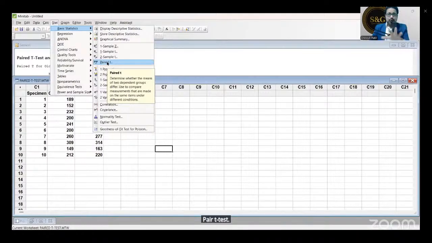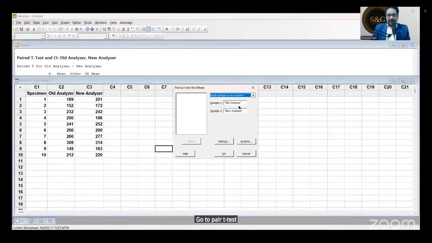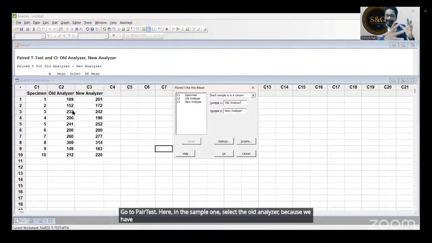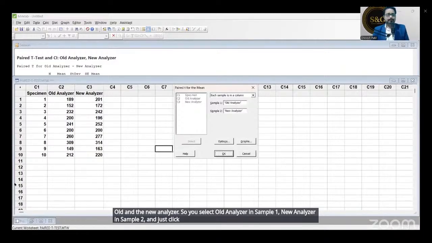So the same sequence: go to Basic Statistics, Paired t-test. Because we have understood the fundamentals, we only have to check the p-value, nothing else. In sample one, select the old analyzer, because there are two analyzers here. A blood sample is checked against the old and the new analyzer. Select old analyzer in sample one, new analyzer in sample two, and click OK.